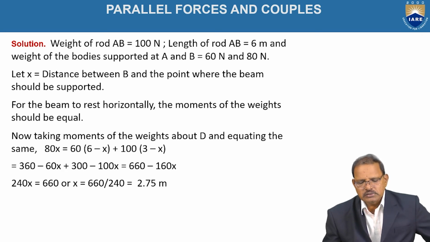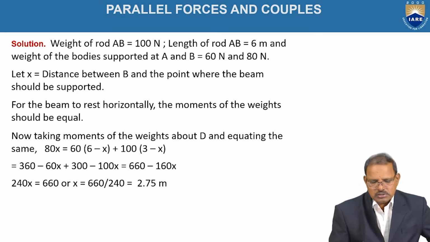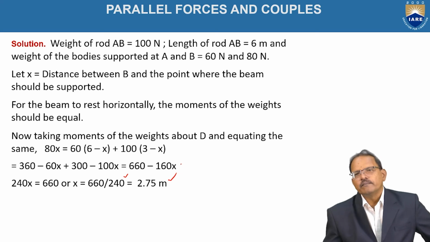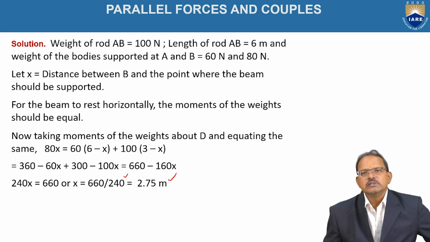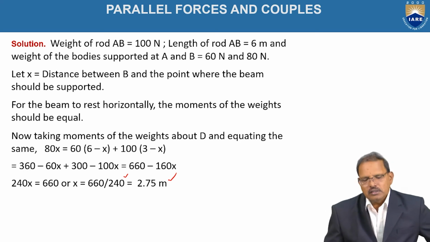Now taking the moments about D, we got X is equal to 660 divided by 240, which is also equal to 2.75 meters from B, as shown in figure. This is the way generally used to find the resultant of parallel forces and the point at which it is acting